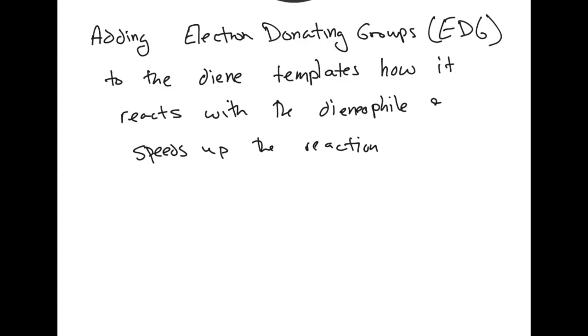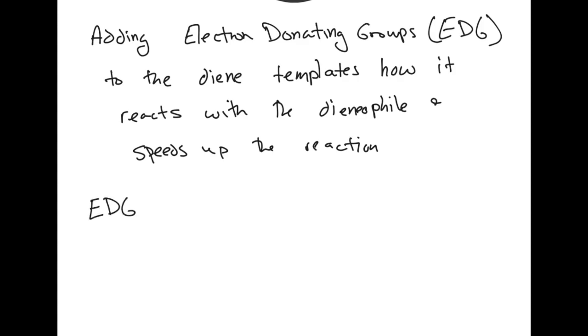So if we add something called an electron donating group to the diene, it templates how the diene and the dienophile are going to react. So you can predict how they're going to orient themselves every single time you do a Diels Alder reaction, and it just so happens to speed up the reaction as well. So you get more control over your products and your reactions are easier. So what are our electron